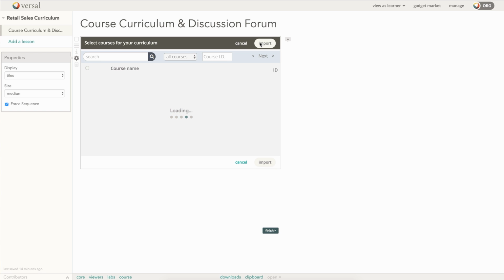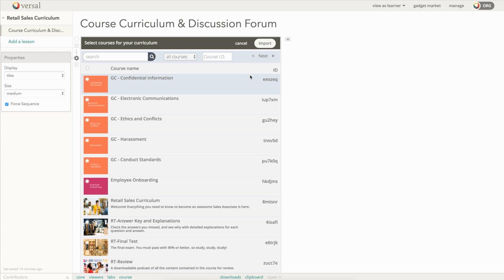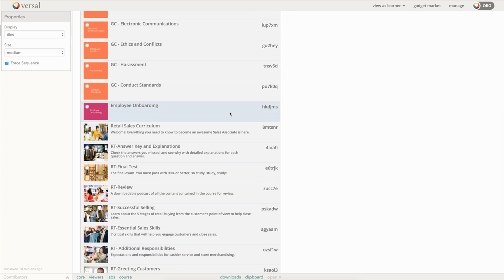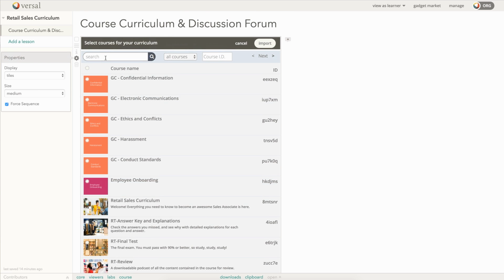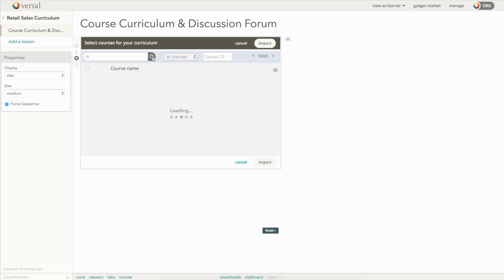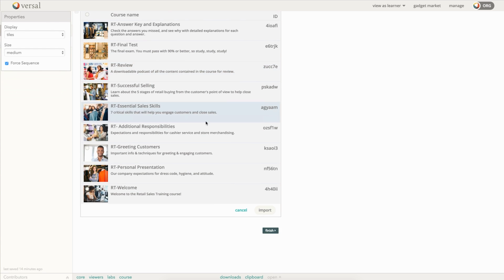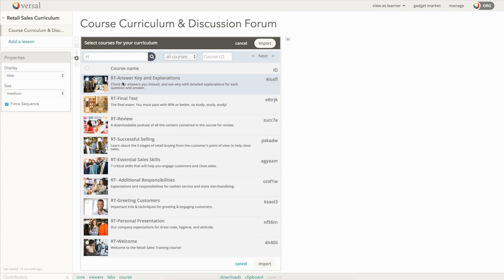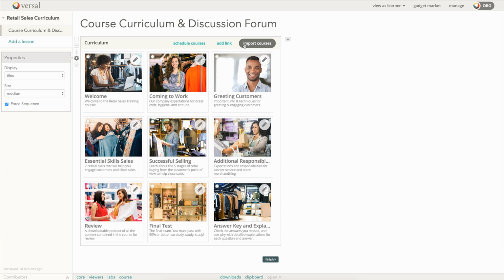Just click import, and then all of the courses that you have access to are going to be listed here. Since I only want the retail sales, for example, I could come up into my search bar, click RT, which is the prefix that I've used for those, and then click the magnifying glass icon, and we'll see only those courses. And again, just click on these. You'll see the little arrow there if you want to select those. To unselect or deselect, just click it again,